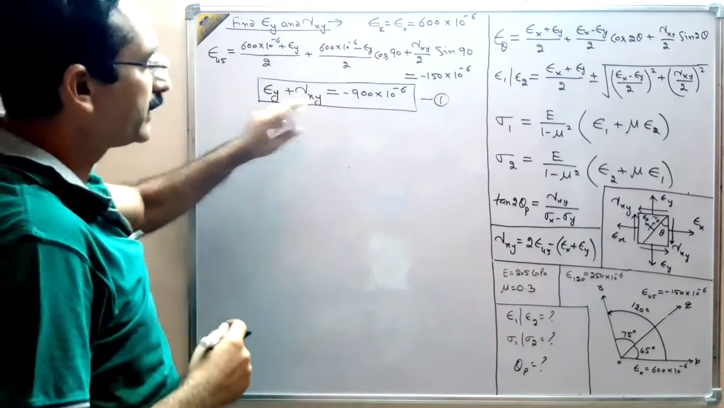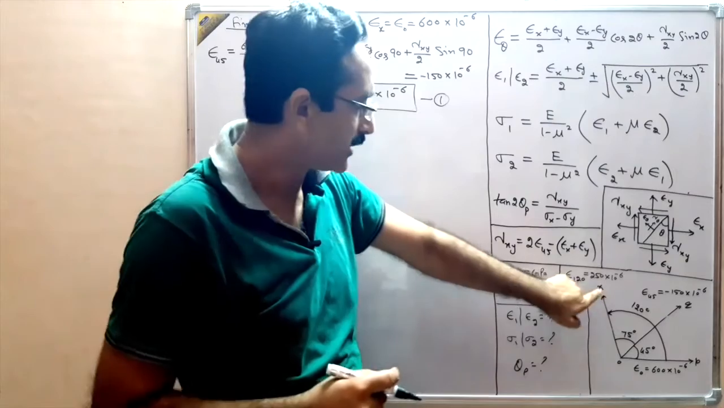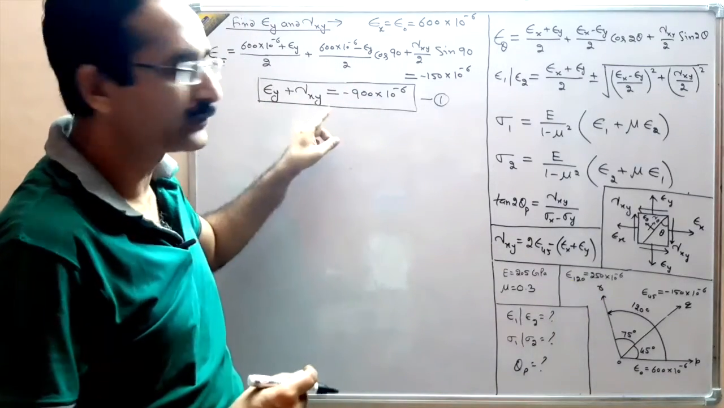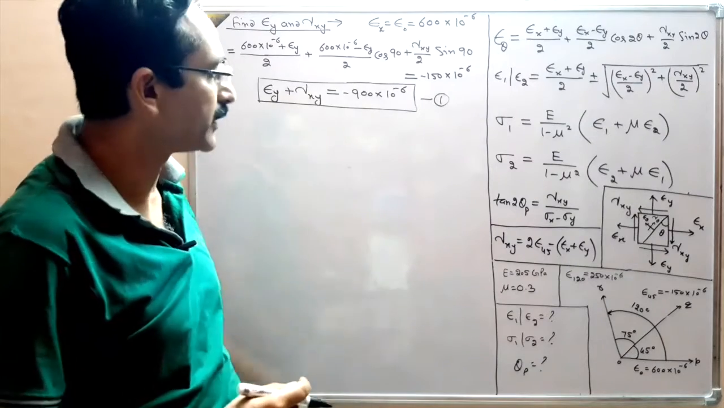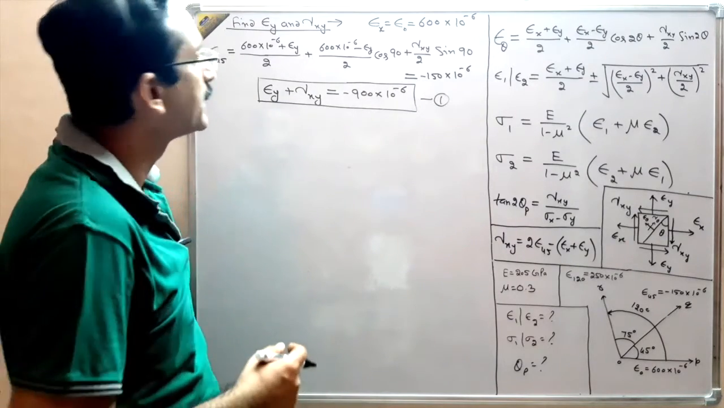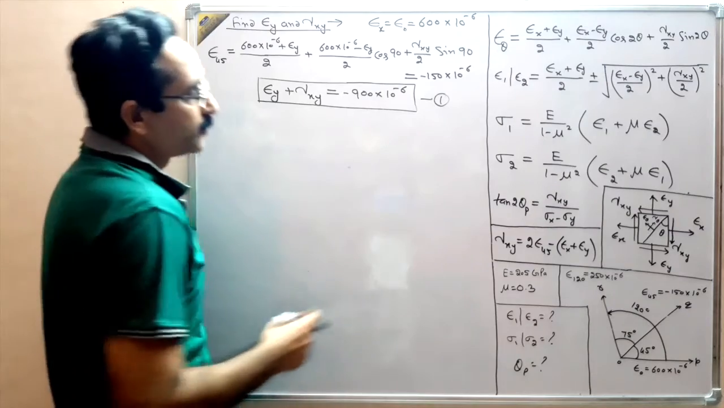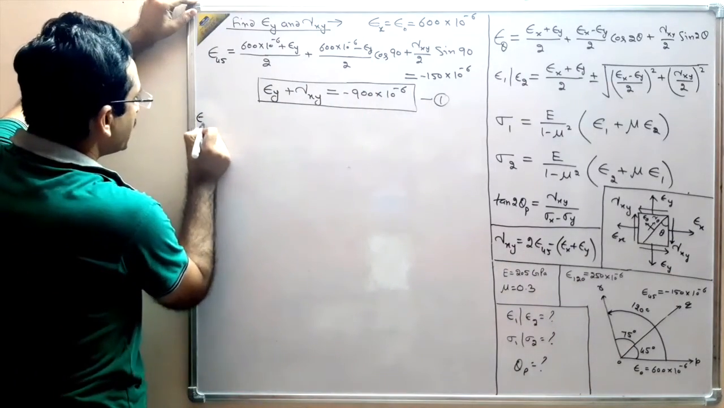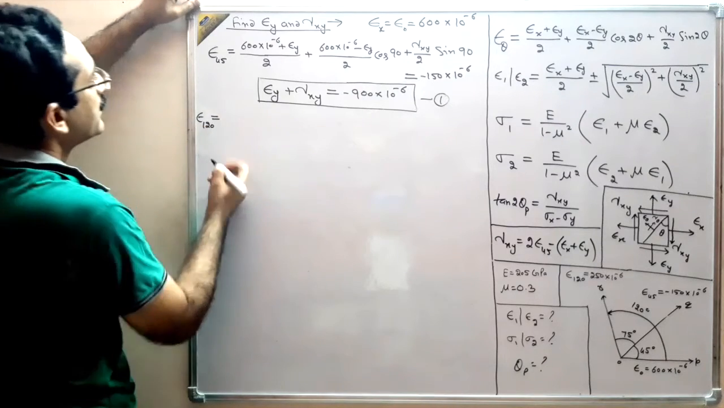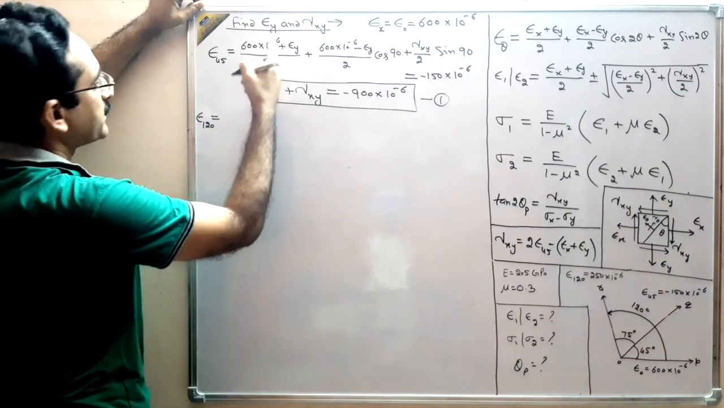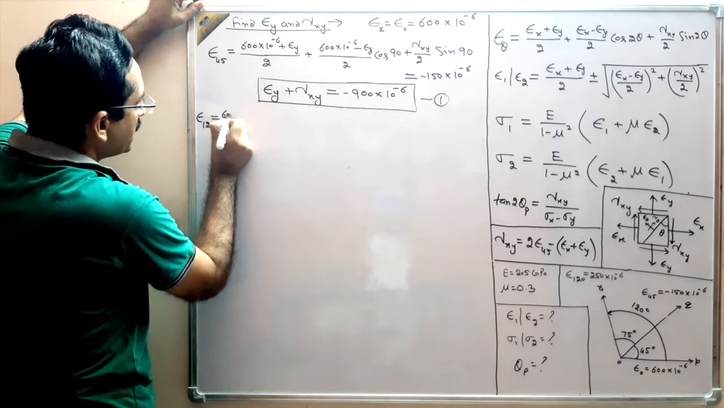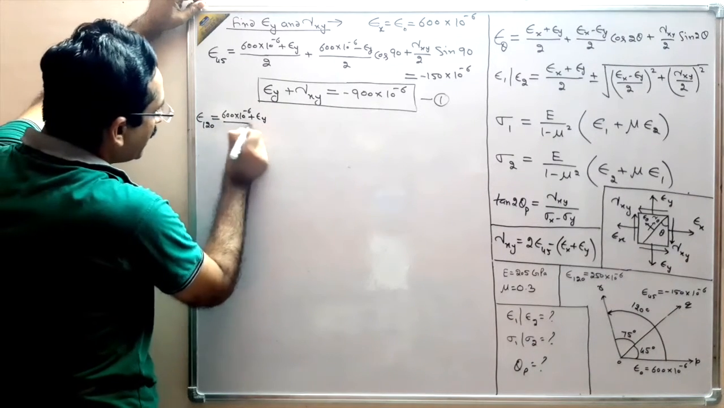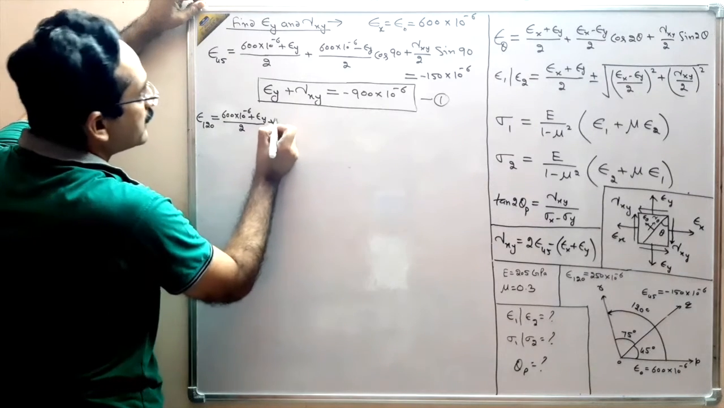Similarly, we will get one more equation using this strain gauge, epsilon 120. Two equations are required to solve two unknowns, and finally you will get epsilon y and gamma xy. So put epsilon 120 here. Epsilon 120 will be equal to epsilon x plus epsilon y, divided by 2. Epsilon x is known, 600 multiplied by 10 to the power minus 6, plus epsilon y divided by 2, plus 600